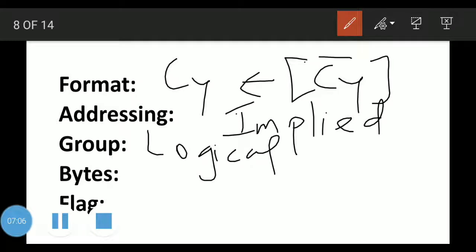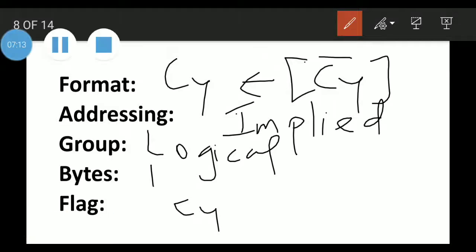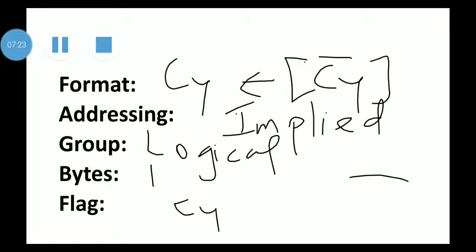Byte 1. Flag: only carry will be affected. In this, only the carry flag will be affected, but in CMA no flags are affected. Let us see this CMA instruction by writing an assembly language program.